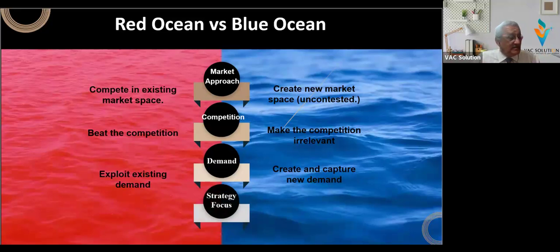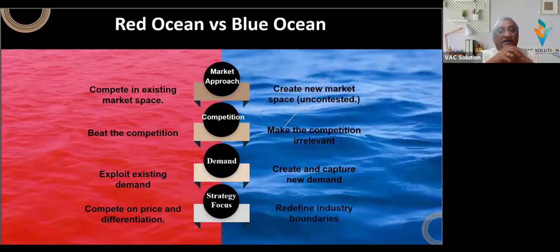The strategy focus in the case of a Red Ocean is to compete on price and differentiation. What are the two strategies which are available to compete in a commoditized market? Number one, it is a price-driven market. Constantly, there is a price war going on. And the best you can do is create a differentiation to stand out among the other people so that for some time at least you get a breathing space. That means you create some new features, benefits for the customer. But all this is being done in the existing market only, not outside that existing market.